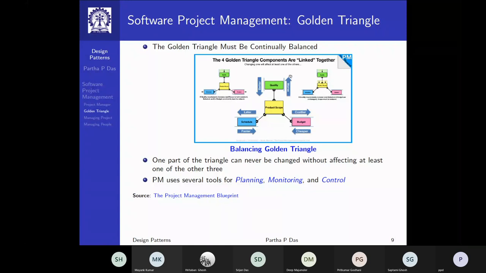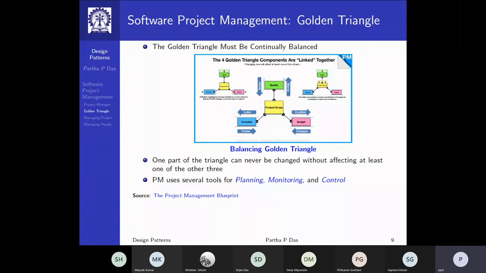If you see this view of the golden triangle, in terms of quality, you can make it worse, you can make it better. Scope can be later or faster. Budget could be costlier or cheaper. And when you choose one, say, if quality requirements increase and scope is held constant, that is, you need better quality and you have not been able to reduce the deliverables, then the schedule and the budget constraints must be relaxed.